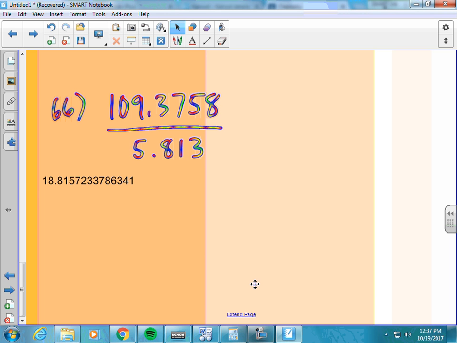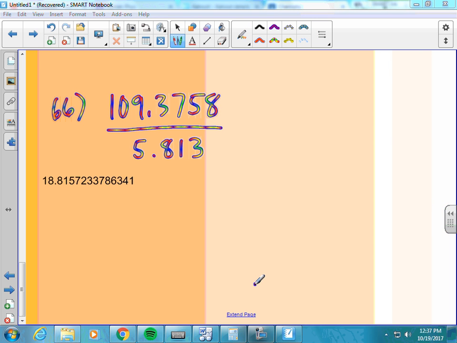But if I gave you this number, 18.81572333786341, wouldn't you be thinking, wow, man, you had a measuring tool that was super, super, super precise? Okay? No, that's not right. So instead what we do is we use our sig fig rules,